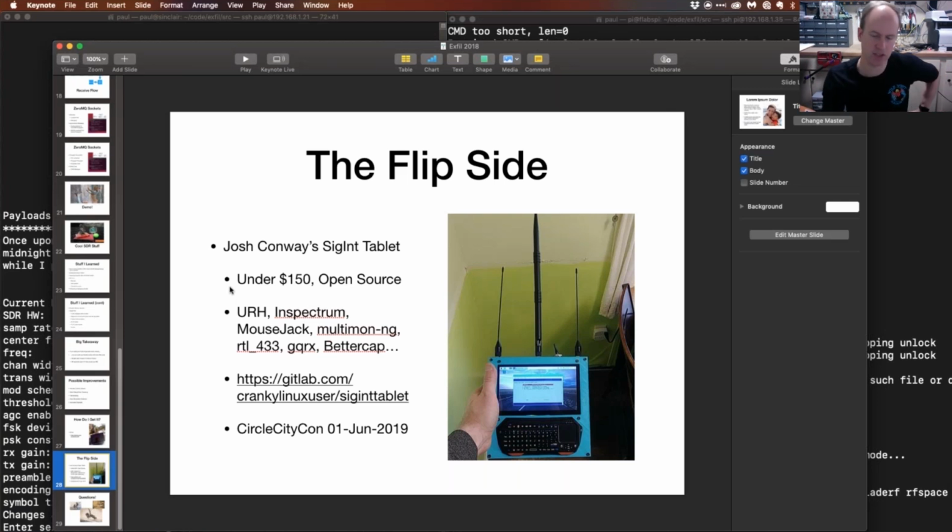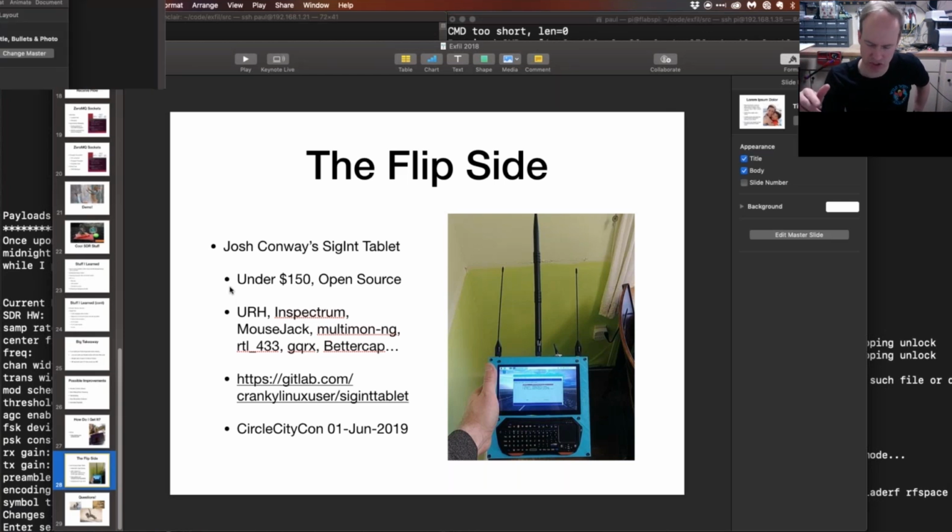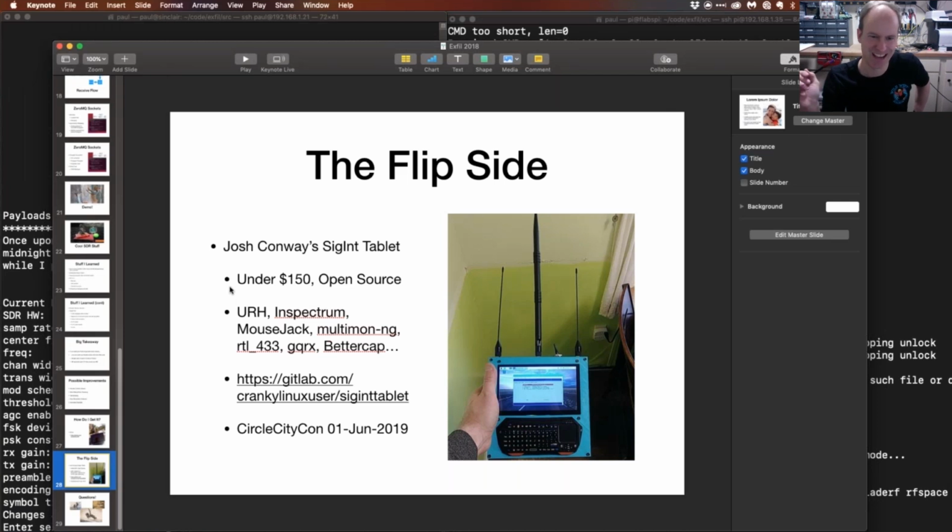And he's even managed to get a little bit of crude transmission going without any SDR hardware whatsoever, just by toggling a GPIO pin. That's so cool. It is. It's noisy, but it is just hacktastic. It's great that he was able to get all that working. And so, yeah, if you're in Indianapolis, you should definitely check out his presentation. But you can also just see he's got a GitLab account. And this is inexpensive enough that it's a great project if you have teenagers and you want to get them into SDR stuff. This would just be a fun project to actually stand up and do.